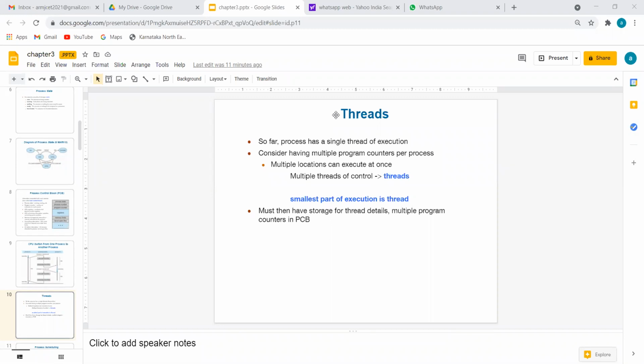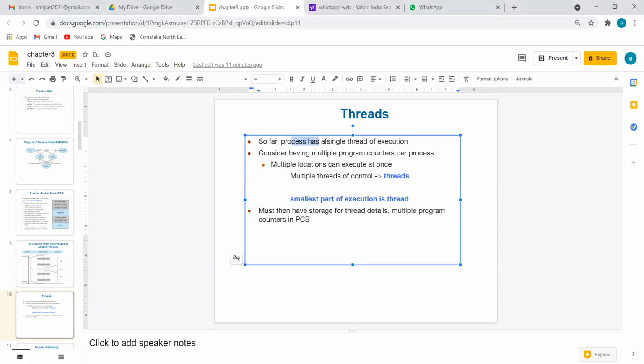We said the semester is a big concept and the class is a smaller concept. In the class, it is possible to divide it into subsections: first a teacher explains, then a student asks a doubt, like that. See, one more definition has come into existence. So thread means smaller than process. It's smaller than a process. So if a process is under execution, that is called a thread.